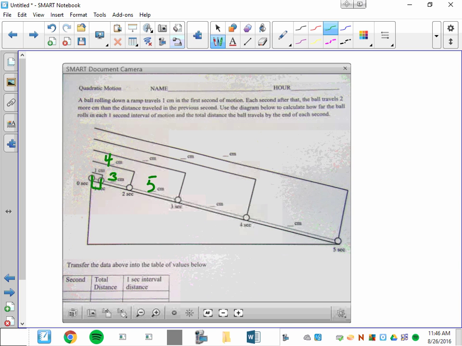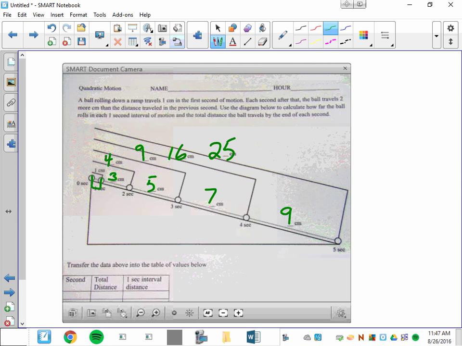So it travels 5 for a total of 9. In the next 1 second interval, it will travel 7 for a total of 16. And the last 1 second interval, 9 for a total of